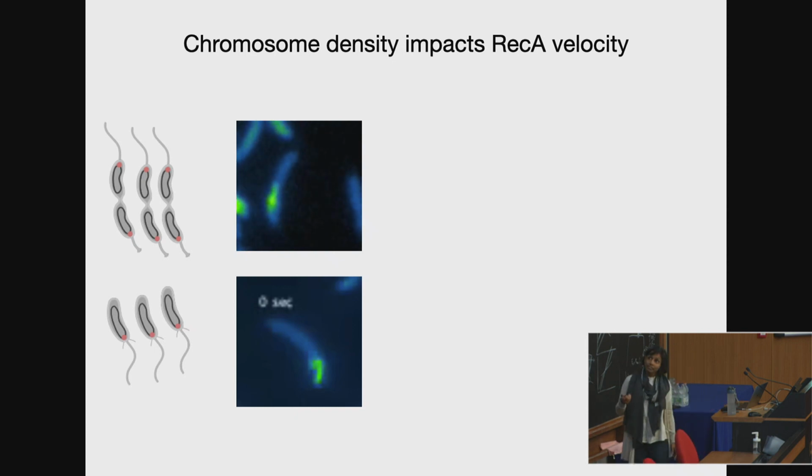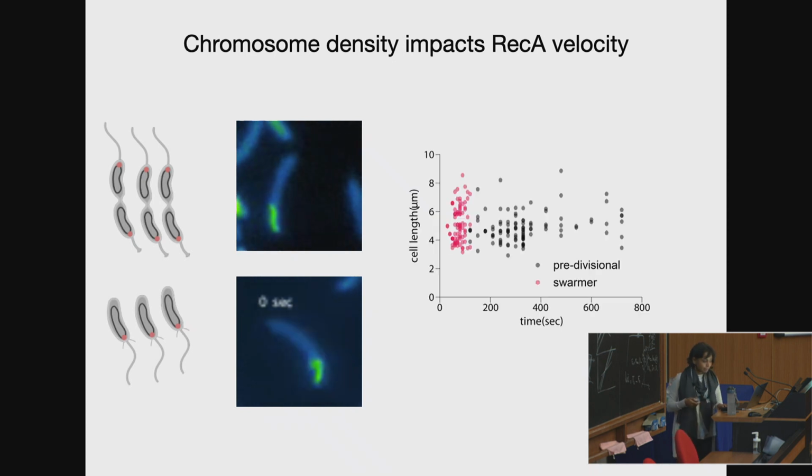And so what Saurav in the lab has been doing is asking, well, what are the rates of movement of RecA? What are the velocities of RecA in these cells versus these cells? And does the amount of chromosome play a role in determining how quickly RecA can get through during the process of traversal? And he finds something really striking. In cells with 2 chromosomes, RecA moves much slower for the same cell volume. So what you see here is the time taken for a traversal from one pole to the opposite cell pole for cells with 2 chromosomes versus 1 chromosome. So this suggests that cell density is playing a role in determining how quickly RecA can traverse